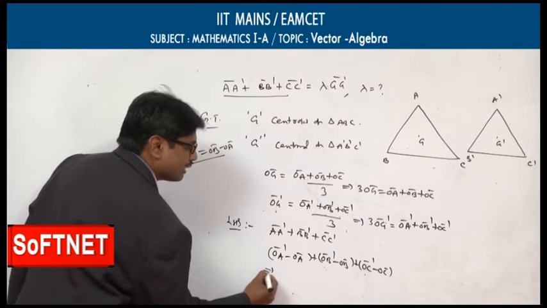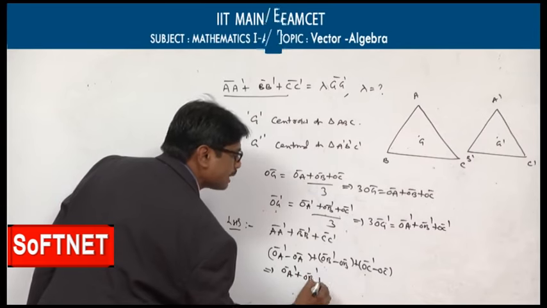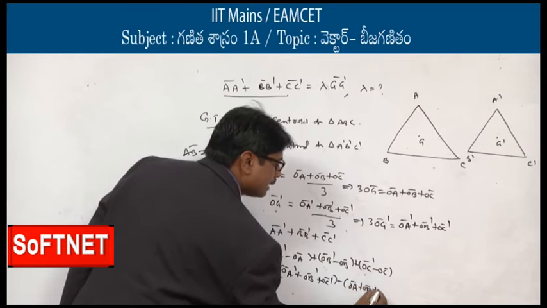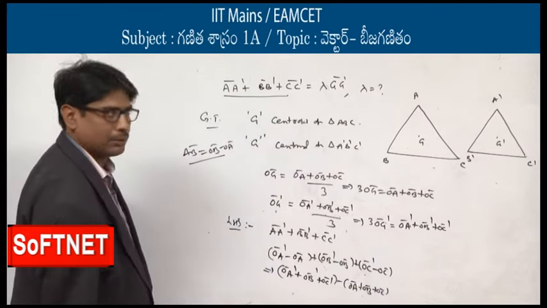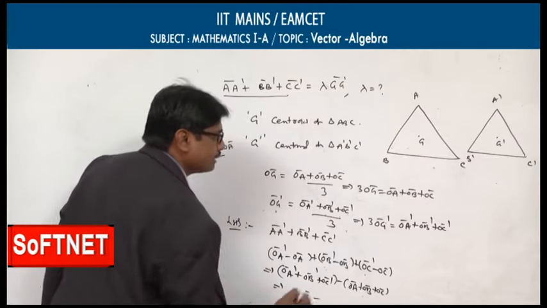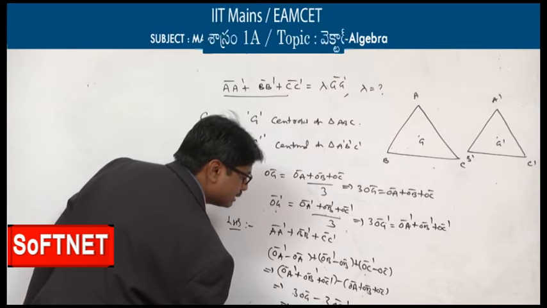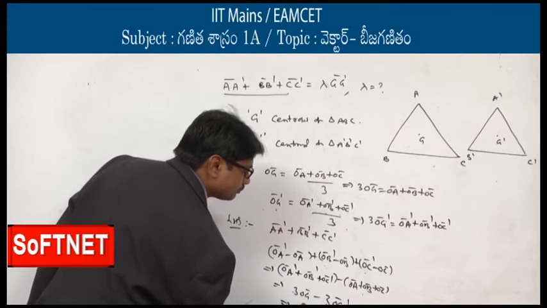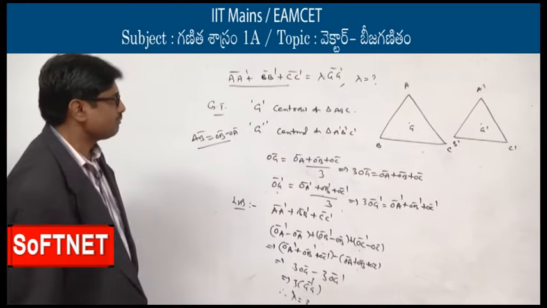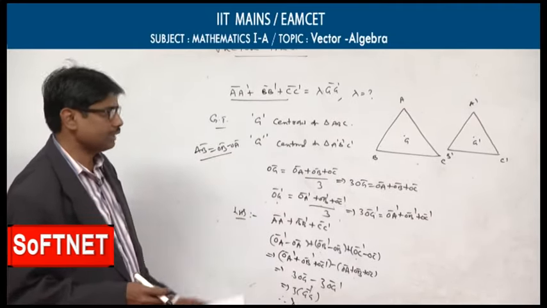So according to the vector addition, it can be written as OA dash bar plus OB dash bar plus OC dash bar minus OA bar plus OB bar plus OC bar. You express the value of OA, OB in terms of the above result. On substitution we noticed that it is 3 times of OG dash bar minus 3 times of OG bar. As we took 3 common, it will be G dash G bar. Therefore, your lambda will be equal to 3. If G and G dash are the centroids of both the triangles, the lambda is equal to 3.